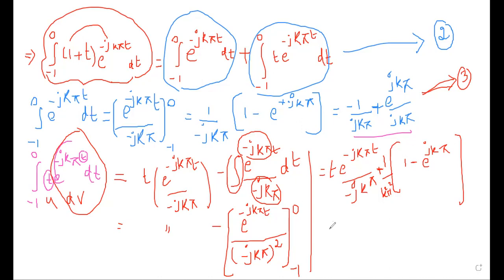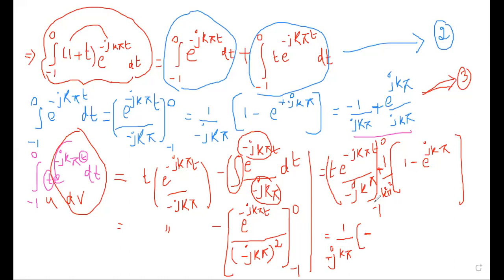No, ma'am. Fine. Similarly, for the first term we should also apply the limits because it is having the t term. The second term I have successfully simplified, but the first term I have not simplified by applying the limits; I could have done it parallelly. Can you people tell me the upper limit? If I substitute the upper limit here, outside let me take minus j k pi. So minus j k pi is outside for the first term. If I substitute the upper limit, t into t is 0, so the complete term is 0. Then minus of the lower limit.